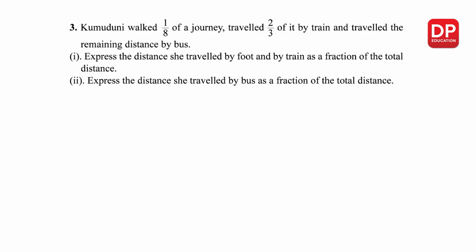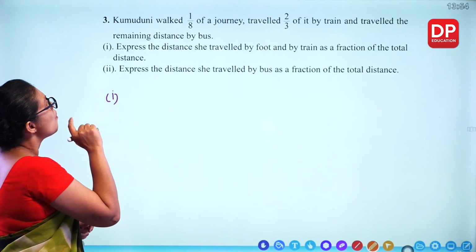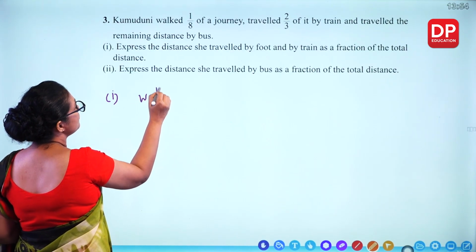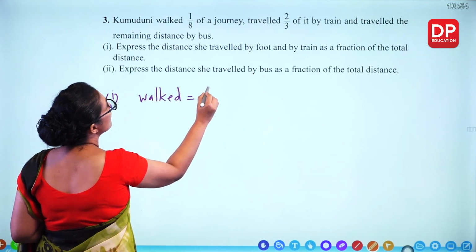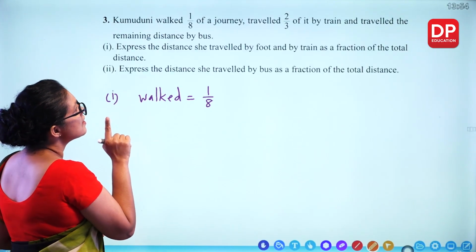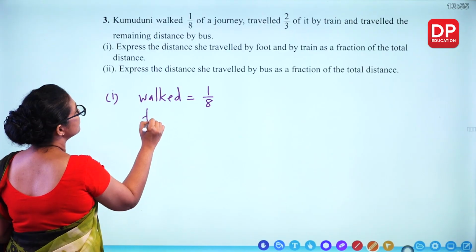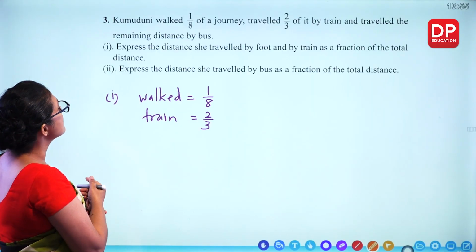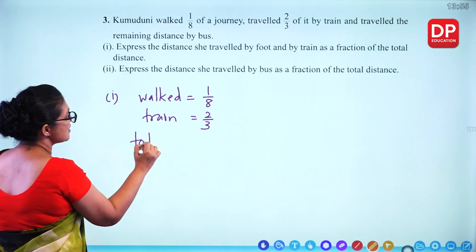Question number 3. Kumudini walked 1/8 of a journey, travelled 2/3 of it by train and travelled the remaining distance by bus. Express the distance she travelled by foot and by train as a fraction of the total distance. 1/8 of a journey, she walked. Two-thirds by train. What's the total distance? Total distance is